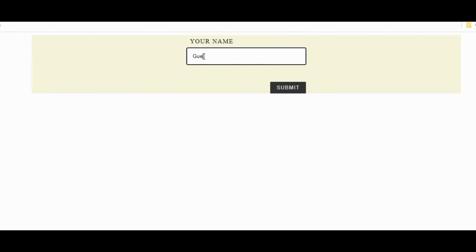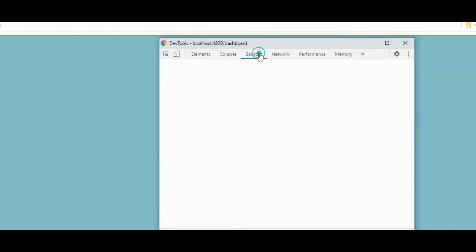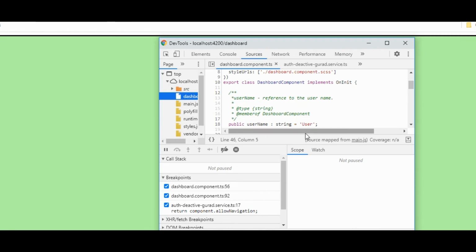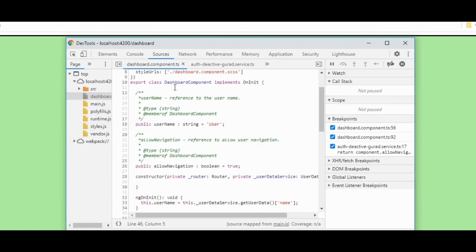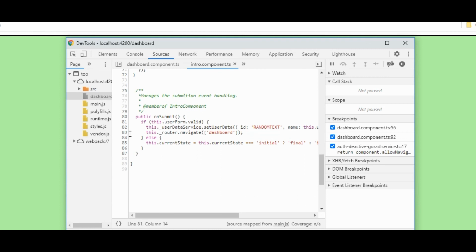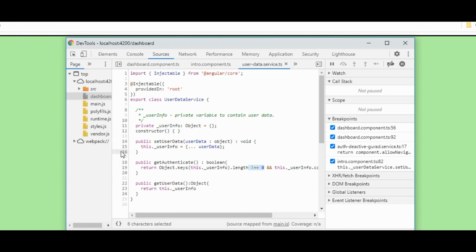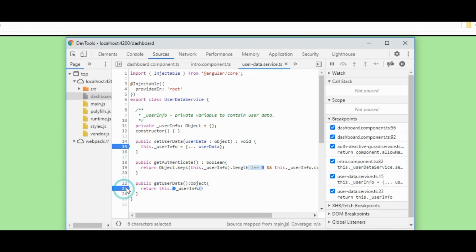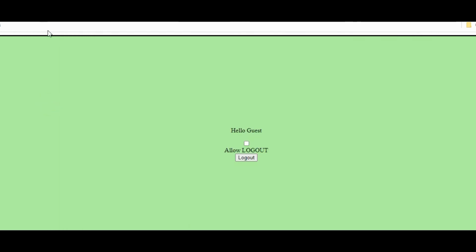If I type guest and press enter, we have got guest. So how does this work? Let's check our developer console. Here we will be setting it, here we will be getting, here retrieving, and here is where we'll be using it.